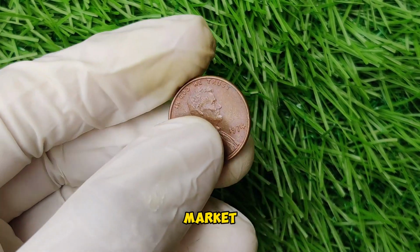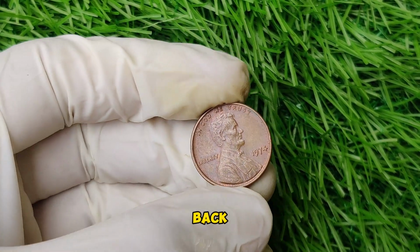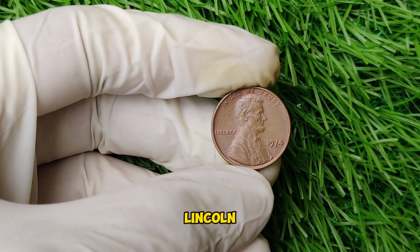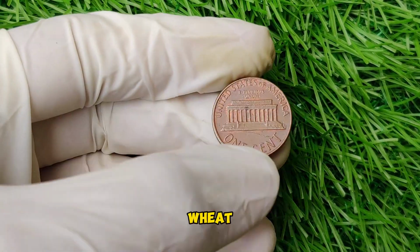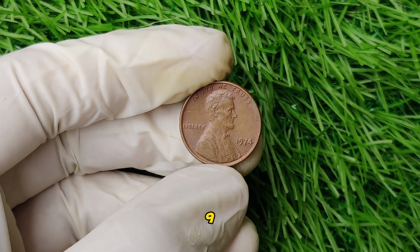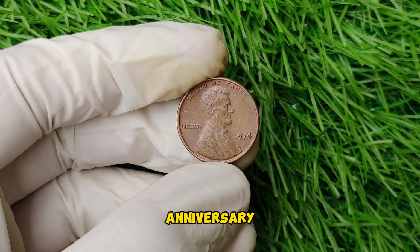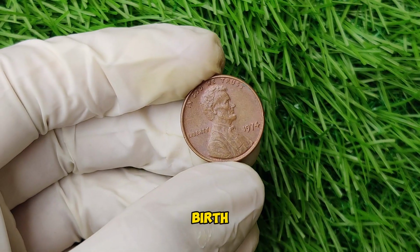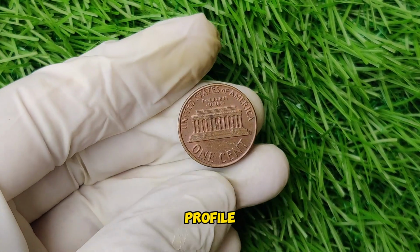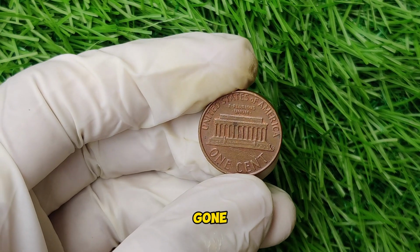in today's market. First, let's go back in time and look at the history of the Lincoln penny. The Lincoln cent, also known as the wheat penny originally, was first introduced in 1909 to commemorate the 100th anniversary of Abraham Lincoln's birth. The obverse side of the coin features Lincoln's profile, while the reverse has gone through various